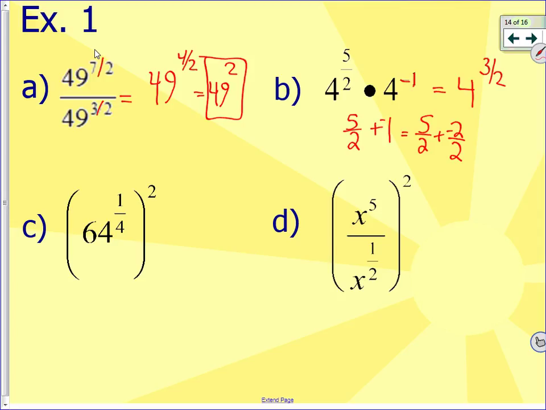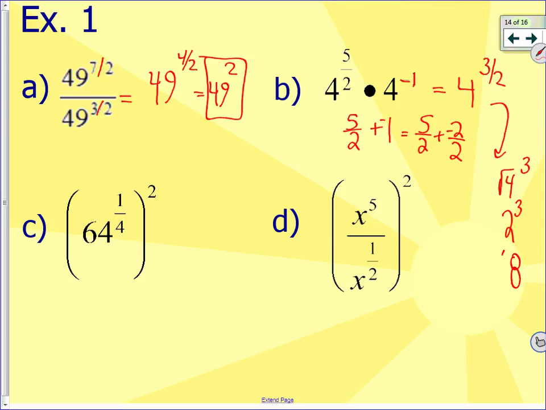Same thing with the 4's. Isaac, can I simplify 4 to the 3/2 power? How could I write this with radicals? Radical 4 to the third. And can we simplify that? 2 to the third, which is